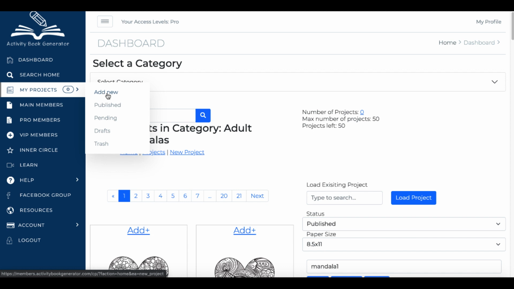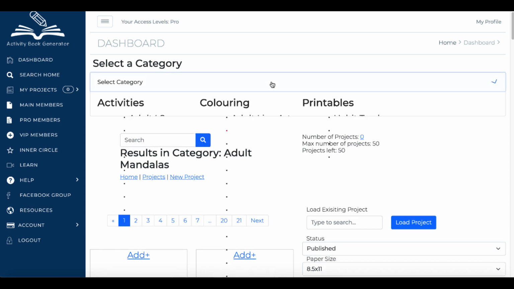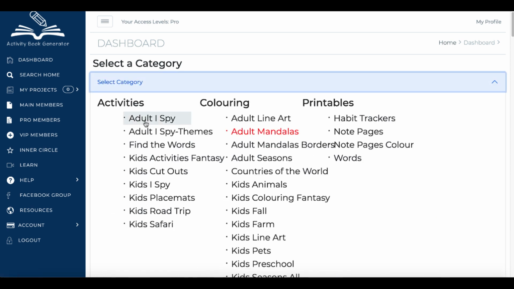you can see that you can add new, you can check out your published, your pending, and your drafts. Also, you can trash your projects or add your projects to trash so you can delete them. And what you can do here is you can select by category. And you can see the different activities here: Adult I Spy, Find the Words, Kids Cutouts, Kids I Spy, Kids